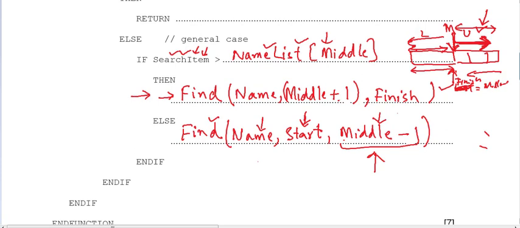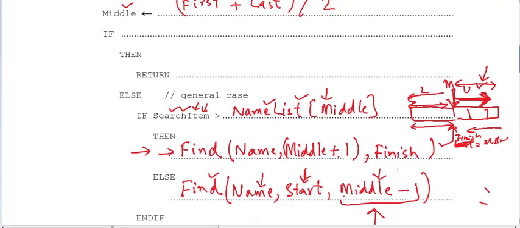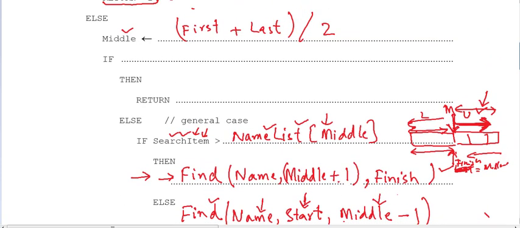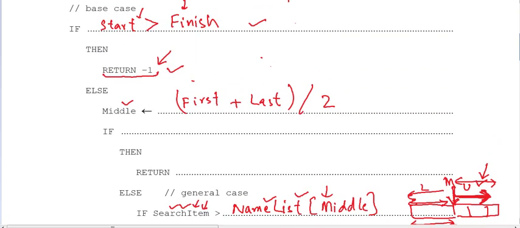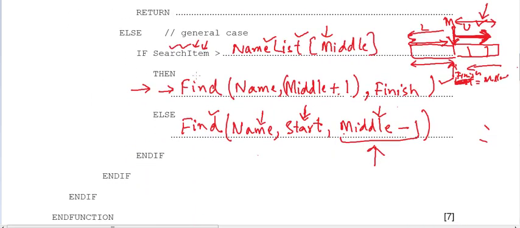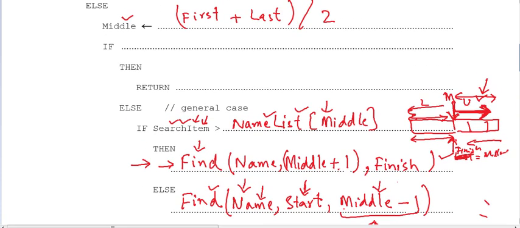Okay, so what are we left with now? So what we are left with now is, this was where the search had failed. This was where we are going to search through the upper half. This is where we are going to search through the lower half. The only condition that is left is that we have found that item that we were searching for. So in this case we are going to say if